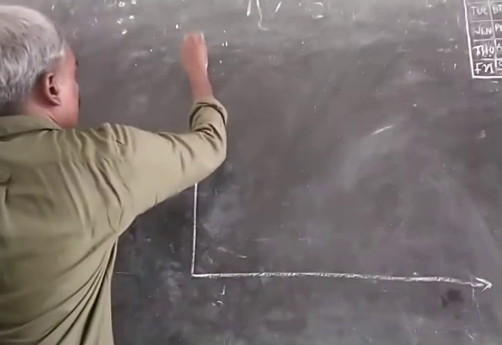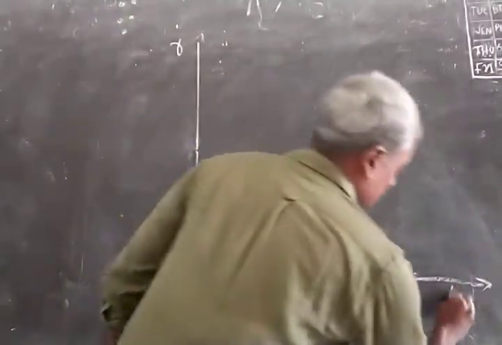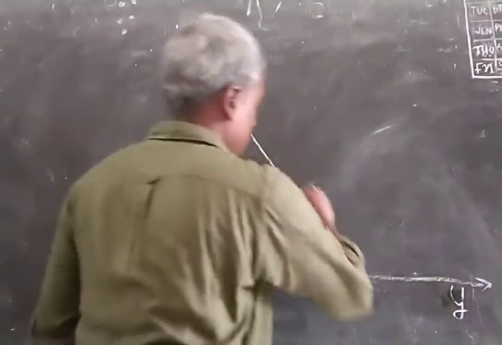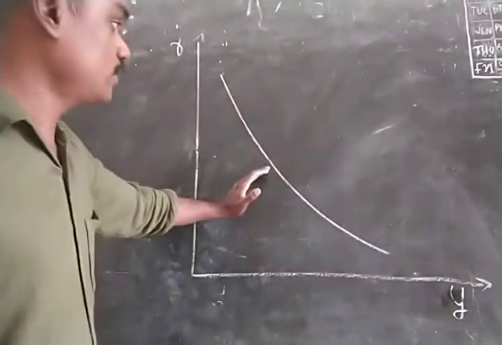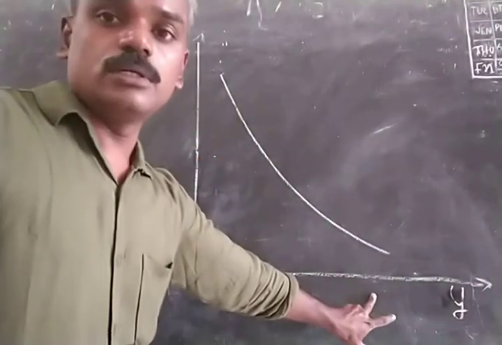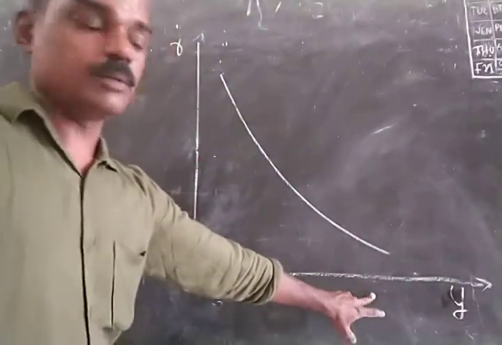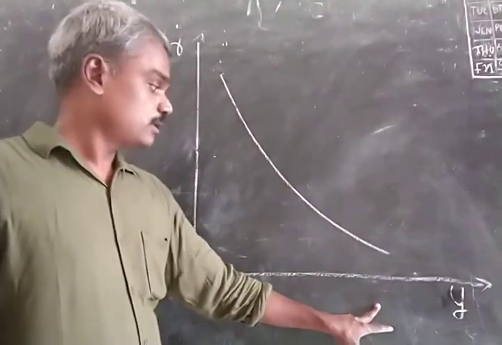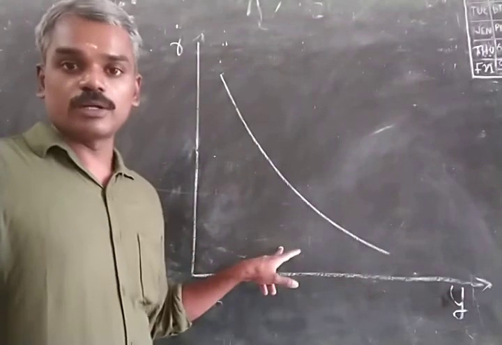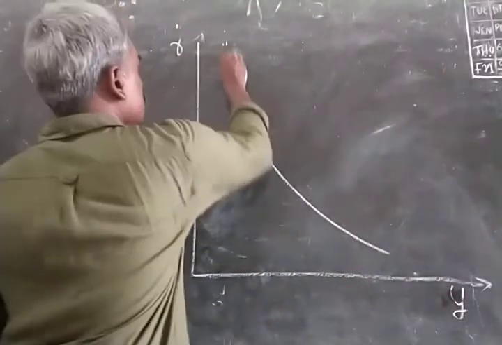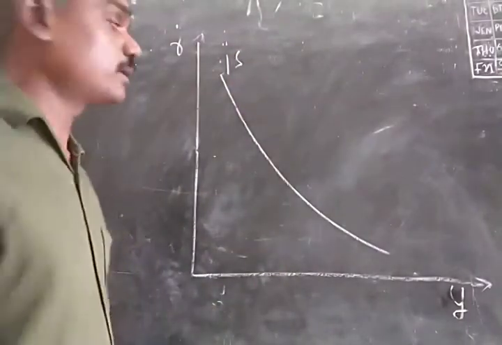On the x-axis we have the rate of interest, on the y-axis we have the level of income. And we know that the IS curve has this slope. The IS curve shows different combinations of interest rate and income which bring in goods market equilibrium. It is downward sloping because a higher level of income, which increases saving, should be matched by a lower rate of interest, which increases investment. On this curve saving is equal to investment, therefore we call it the IS curve.